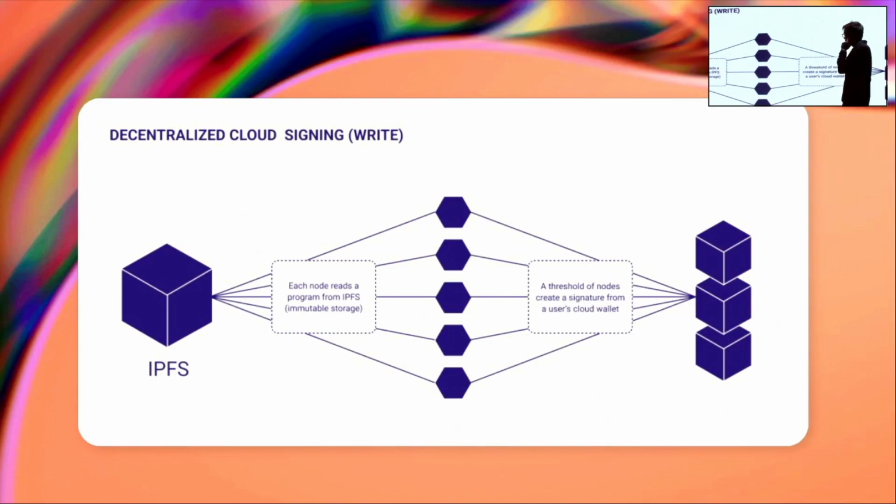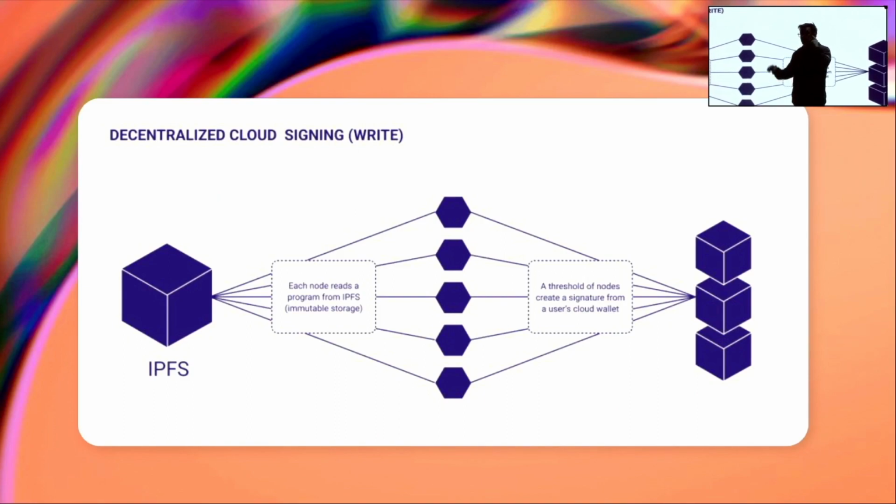And the way it works is the owner of that key can consent to some code to sign on their behalf. And the way that works structurally is somebody writes some JavaScript and uploads it to a specific content ID on IPFS. And then whoever, whether it's event triggered, user triggered, application developer triggered, basically says, hey, please run this program at this specific content ID. It's the same process that we talked about earlier, where the nodes each individually read from that public